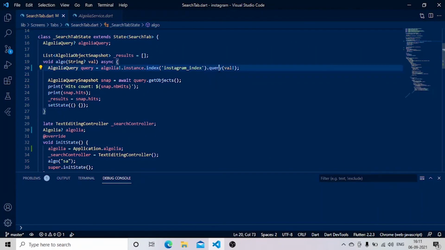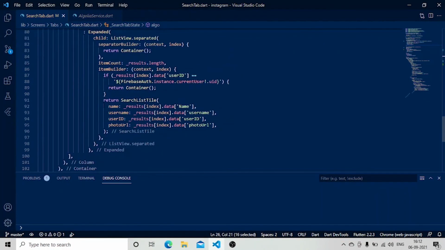This dot query method will create a query for your search, and after getting the query, you can pass it inside your Algolia query snapshot and do whatever you want. Right now I am just printing the number of hits and passing these hits to my results list. This list contains Algolia object snapshots only. After that I am updating my UI.